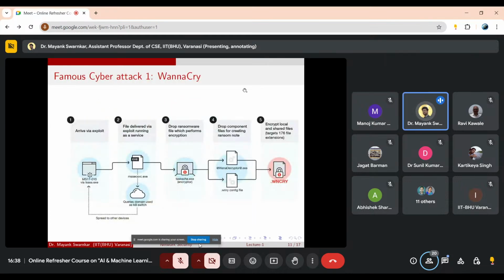So the first famous cyber attack that I talk about is WannaCry. Probably you may have heard of it. This is a very powerful cyber attack. What happens at the first step of this attack? It arrives via an exploit. An exploit is code which is written, and then machines are exploited with it. This exploitation is known as